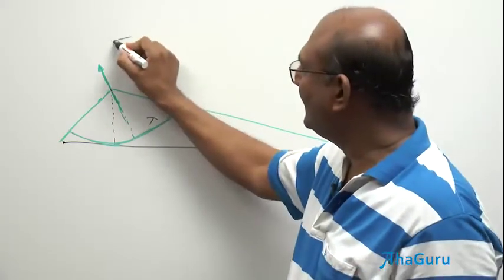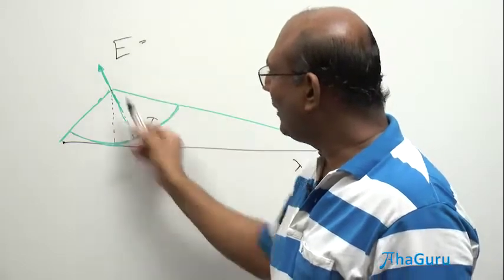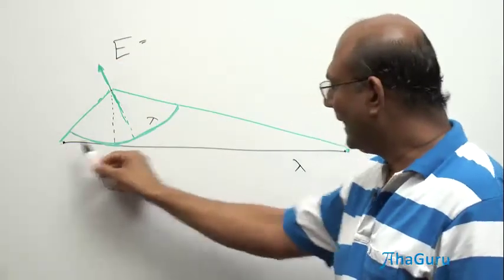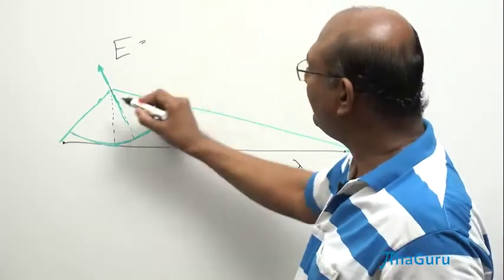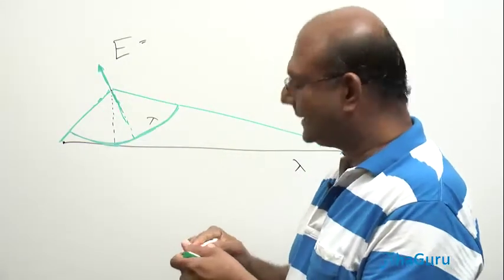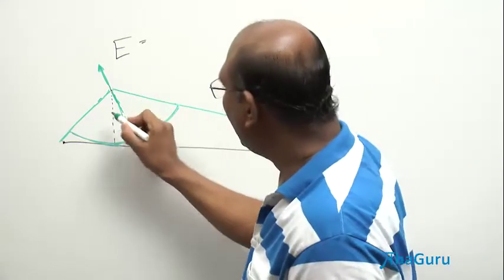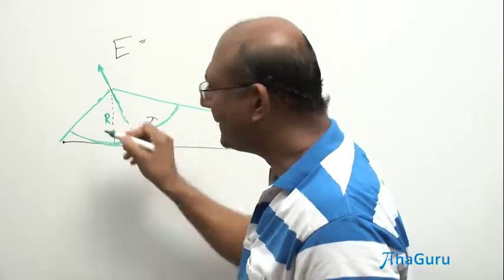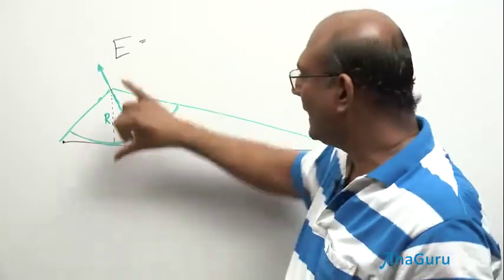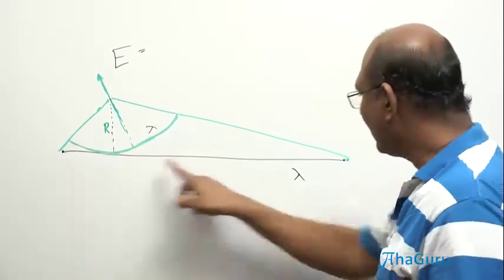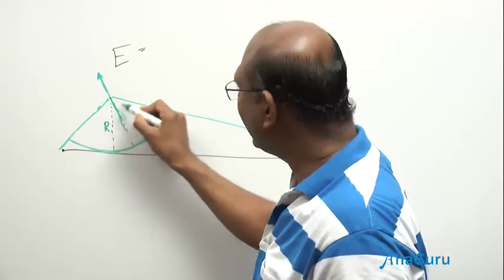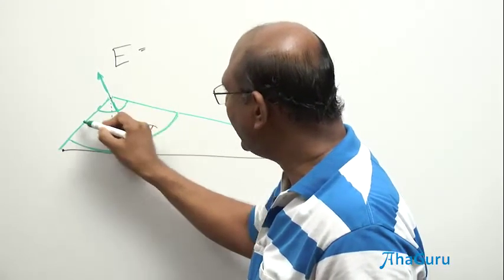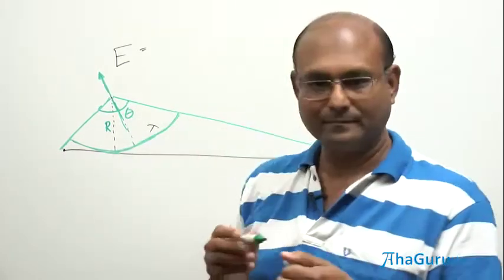And I'll tell you the field. The electric field is along the angle bisector for a line or for an arc, and they are the same. And the answer, if for example I thought of this, so let us take the radius of this thing as r. So that means this perpendicular that I'm dropping has length r. This is r. I don't even care about this length. I only care about this r. And then this angle, the total angle from this end to that end, let's call that theta.